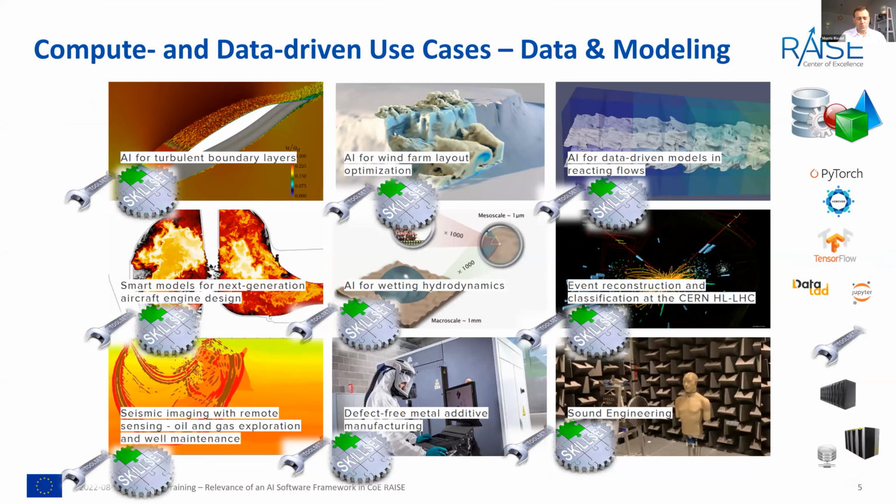And now when you look into them and dive into what we do in the CoE RAISE project, you will find that all of them have obviously very different skill sets in their different domains, right? So it's clear that AI for turbulent flows, for instance, which we'll hear a little bit later also, has lots of CFD modeling, a skill set around using these numerical methods, but also requires lots of tool sets, which are quite established for the simulation sciences. Let's say OpenFOAM for CFD is an established tool, for instance.